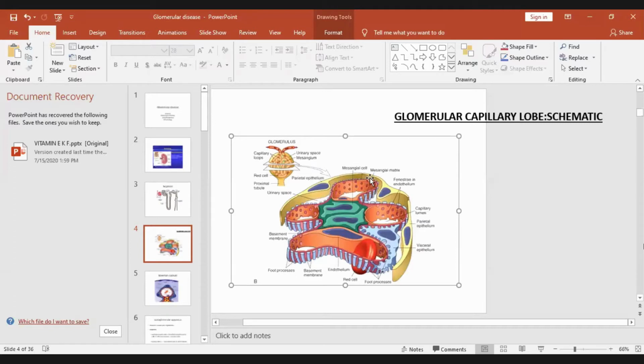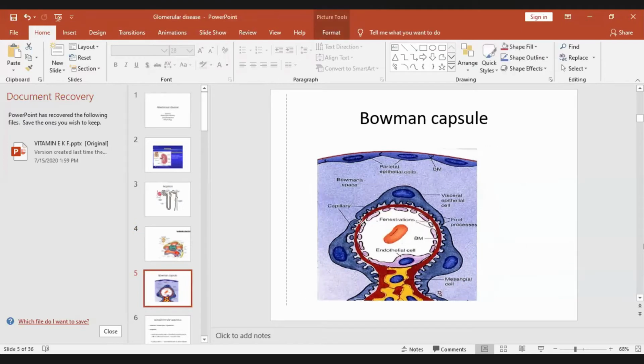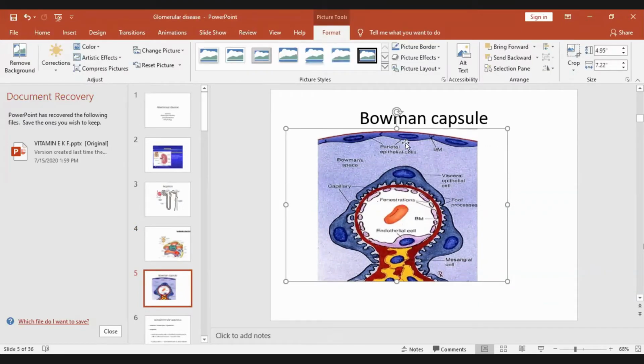This is a basement membrane, and there is an endothelial lining of this. So in between the endothelial lining and the epithelial lining there is a basement membrane, and in between the capillary loops is the mesangium. That contains the macrophages and other things plus loose connective tissue. And all this slit and all that you must have been taught, there are pores. Now this is a representation of one single glomerulus. See that this is the parietal epithelium, that is the outer side of the glomerular Bowman capsule. This is the visceral, which is surrounding the capillary loop. This red one is the basement membrane. This is the endothelium, which is perforated.